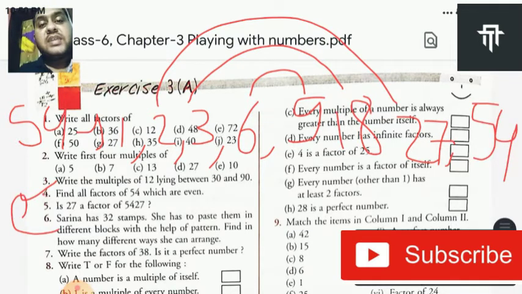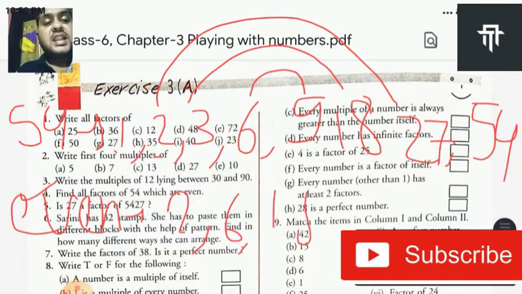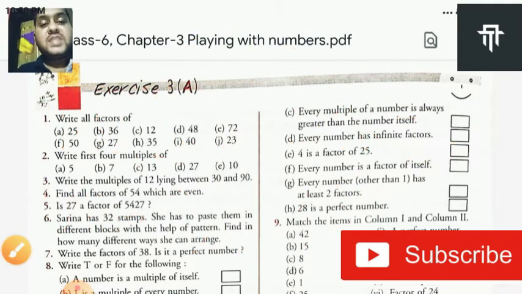So how many evens are there for this? 1 is not even, so 2, 6, 18 and 54 are the even factors of the given number, which is 54. These are the even factors. And here the question is, we need to find out only the even factors. Next is